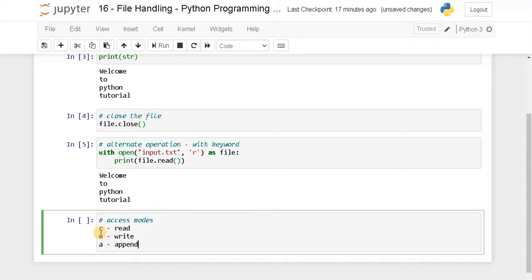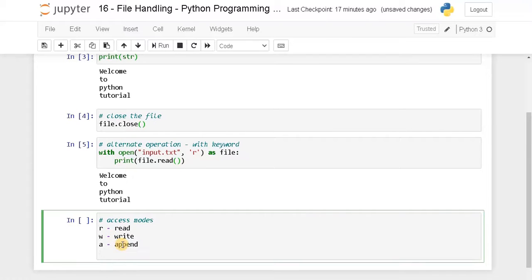If you want to do both of these operations, you can use r plus, w plus and a plus. If you use r plus, it will allow you to both read and write the file. Similarly we can do all the operations. So this will allow both modes.